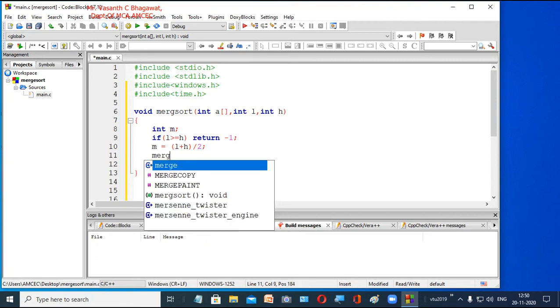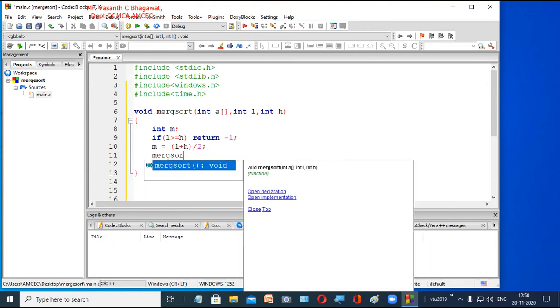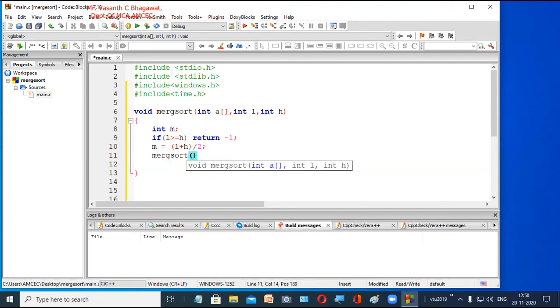Now we will call the same function. Which is our function? Merge sort. Because we told it is a recursion, we call merge sort. Now we pass the array A. Now the left part of our array. Which is our left part? Here we have found the midpoint, so we have to pass the left side of this array so that it again divides into two equal halves. Now our left part will be from left to mid, because you have divided it exactly into halves.